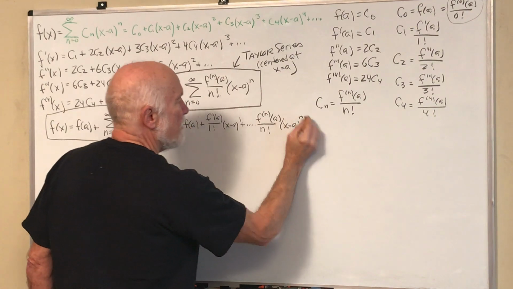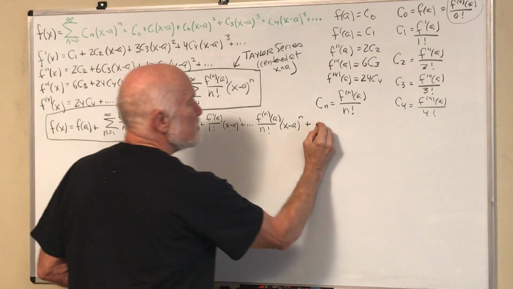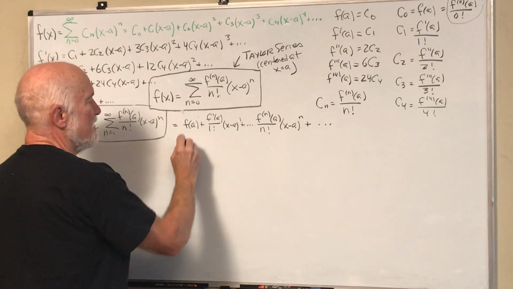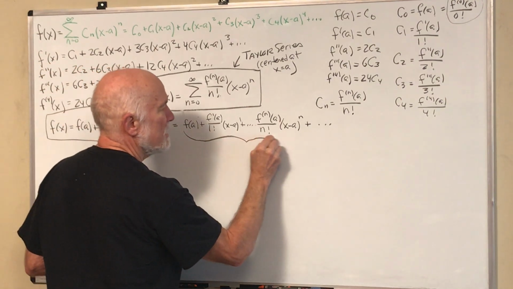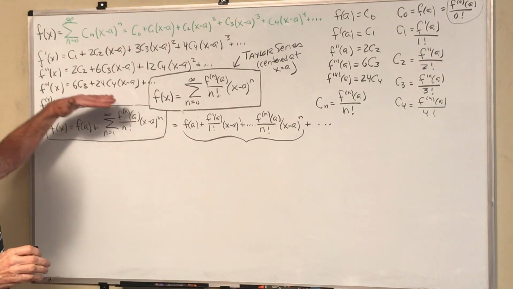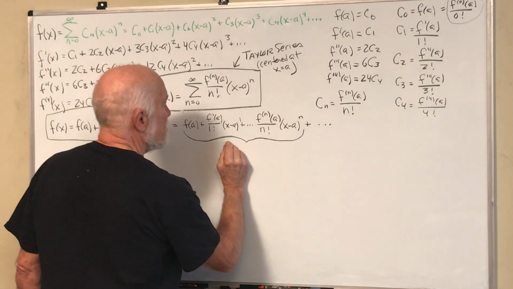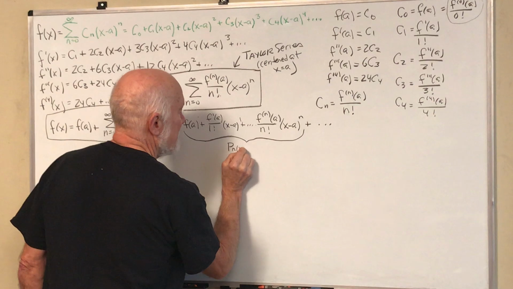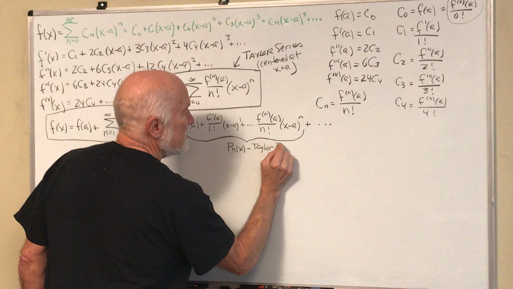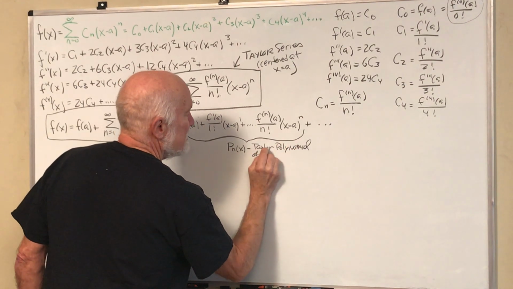That same term right there, plus a bunch more terms, starting at the n plus first derivative. Well, this right here, the first n terms, because we're never going to be able to really find all the terms, we call the first n terms Pn of x. And that's called a Taylor polynomial of degree